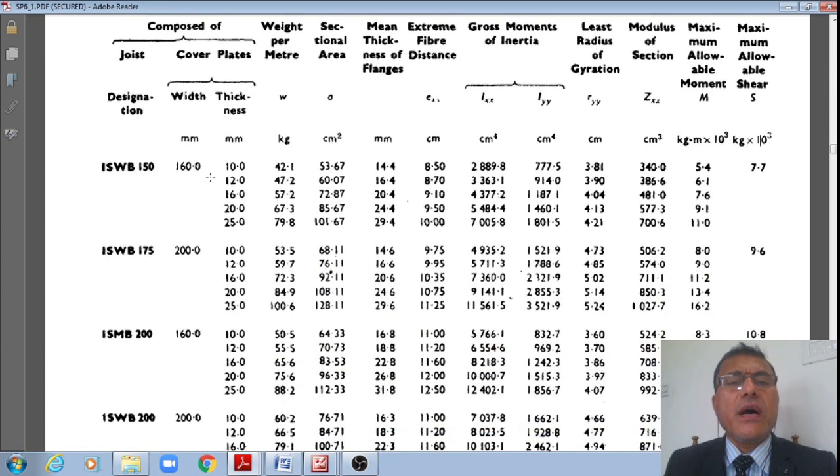Like that, you can see for other thicknesses also, 12, 16, 20,